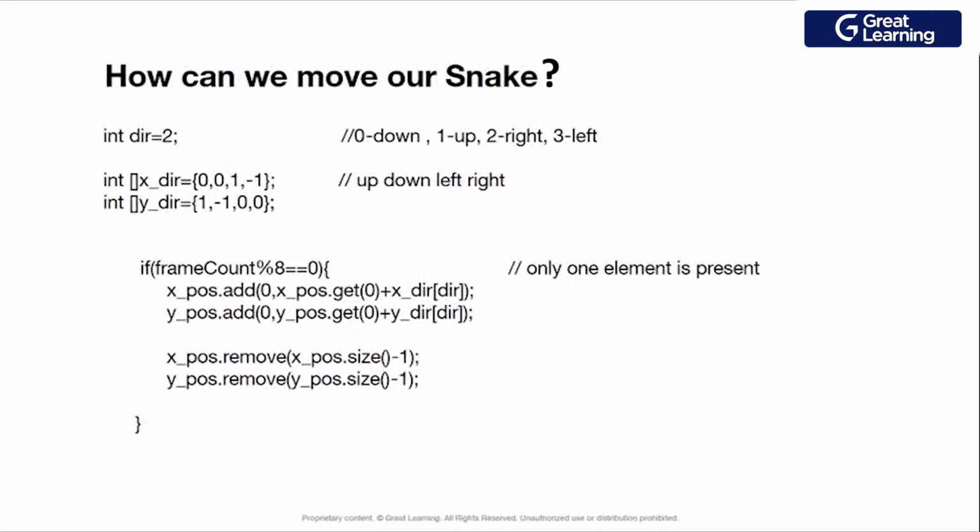Now the frame count. So basically this IDE has a frame rate of 60. Okay, so the frame count will give that 60. Now when we try to divide this thing by 8, we don't want it to move slowly. So we just increased its speed by modulus. You can use 10, 20, anything, so that it will move slowly.